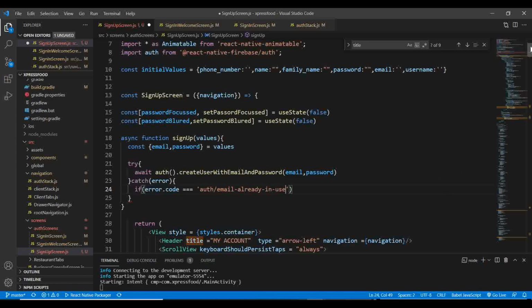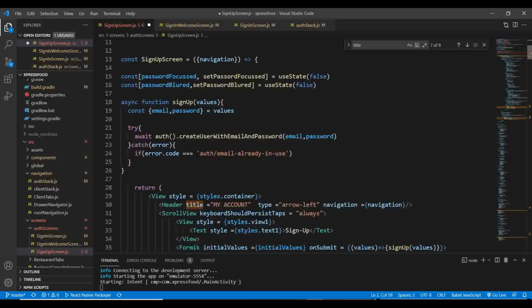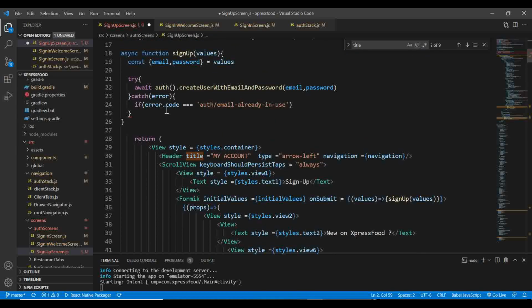So we have to import the alert component from React Native first, so that you can get a message from your app if there's any error, because here we can't console log. The user can only get notification or alert. So if this error is present, if maybe the user already exists or someone else is using that username or email,